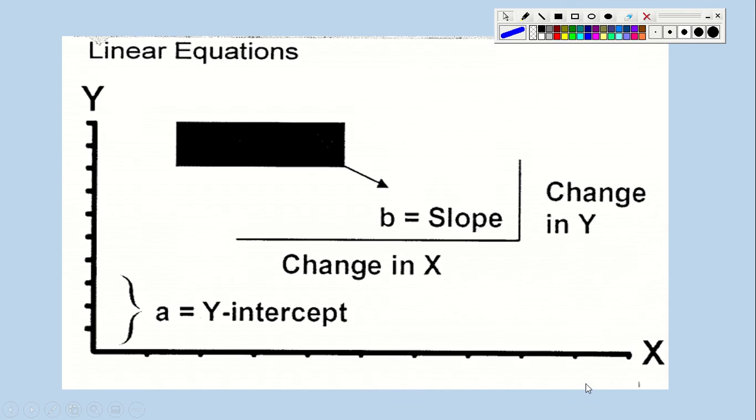लीनियर इक्वेशन है, इसमें जो ये हॉरिजॉन्टल लाइन आप देख सकते हैं ये है change in x और वर्टिकल लाइन ये जो है ये change in y, b हमारे पास ये slope डिनोट करता है, a हमारे पास जो है ये y intercept है।